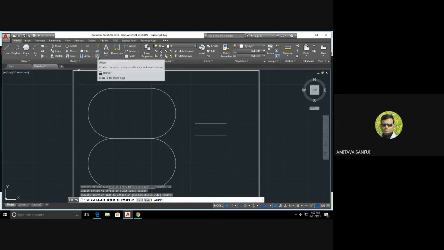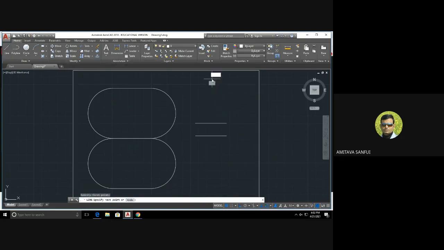Again I'm showing that. Again I will draw a vertical line. Okay, so vertical line of any length. Now offset, let us say again 30, enter. Now select the line. Now move the cursor in the direction towards which the copy is to be made. Let us say if on the left hand side, then I have to move the cursor on the left hand side.